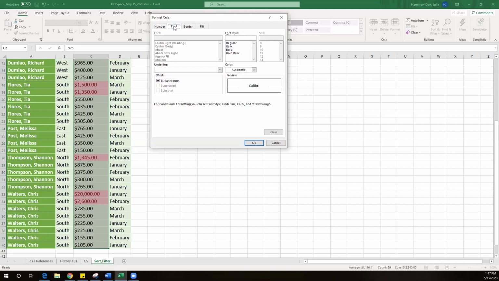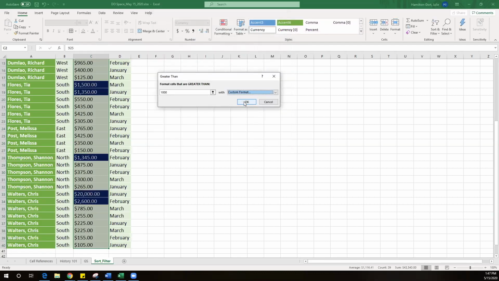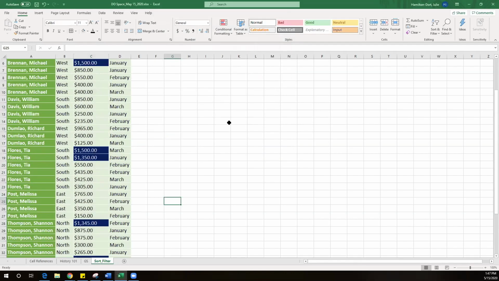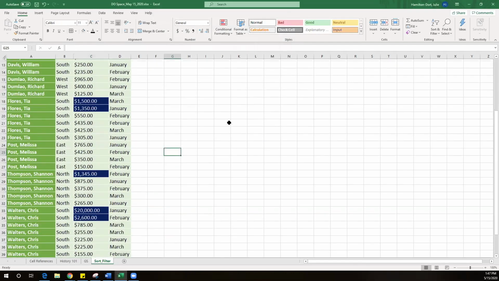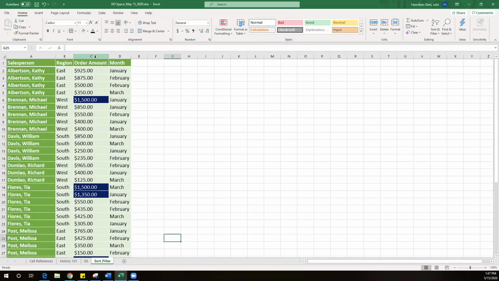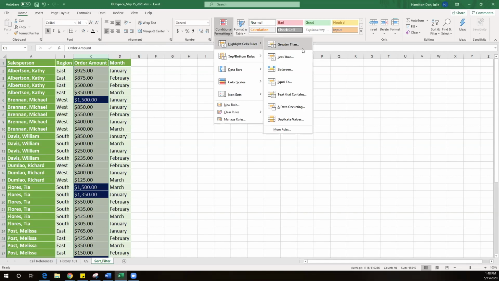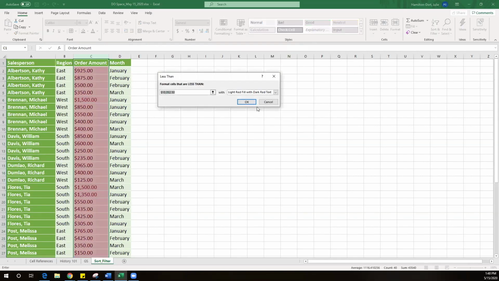So I'm going to come over here to font and to my color, and tell my color to be white as opposed to black. When I click on OK, it will apply that conditional formatting. So again, you can use the built-in conditional formatting that Excel